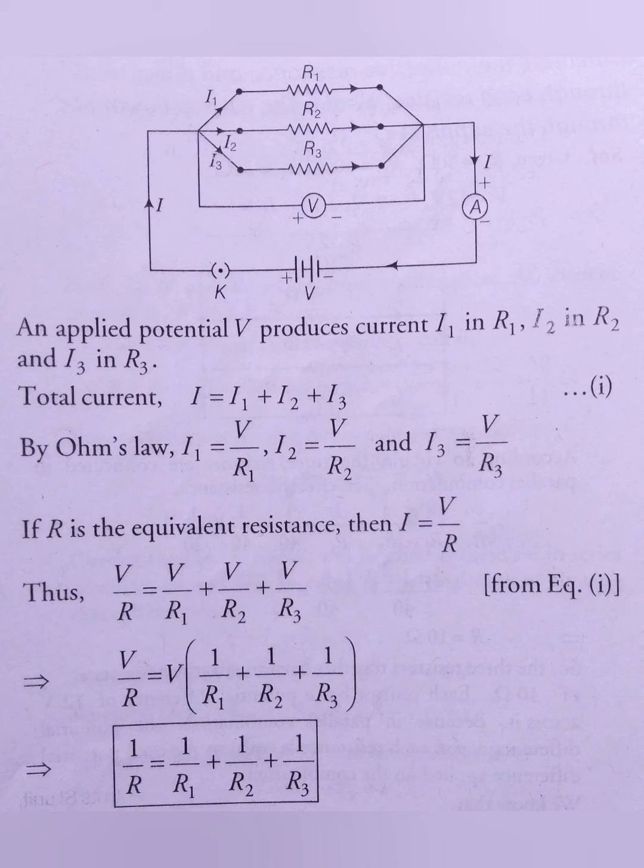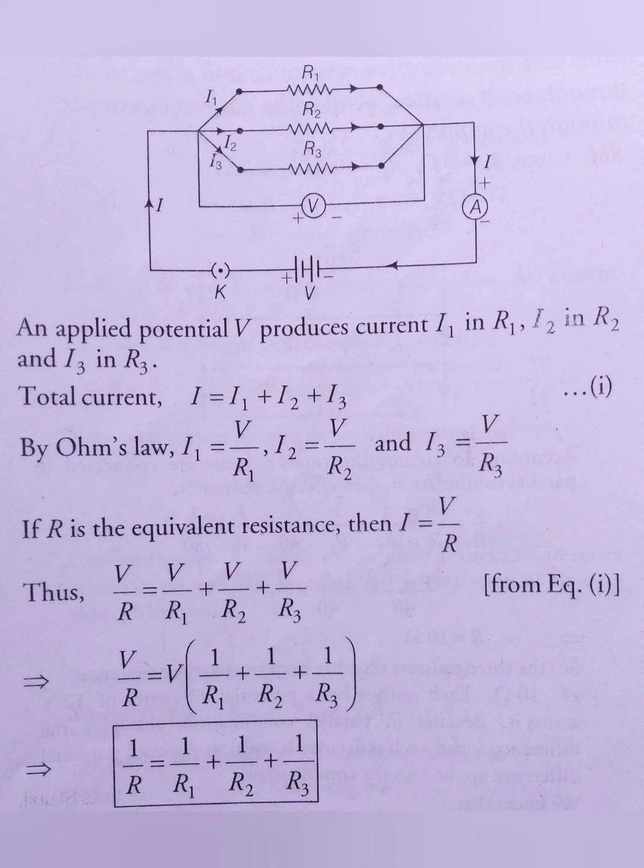When we connect two or more resistors simultaneously between two points, then the combination is said to be in parallel. As you can see on the screen, let us consider the combination of resistors R1, R2 and R3 in parallel. Capital V is the voltage of the battery or potential difference. I1, I2 and I3 are the currents flowing across the resistors R1, R2 and R3. The circuit also consists of a closed switch, a voltmeter and an ammeter.